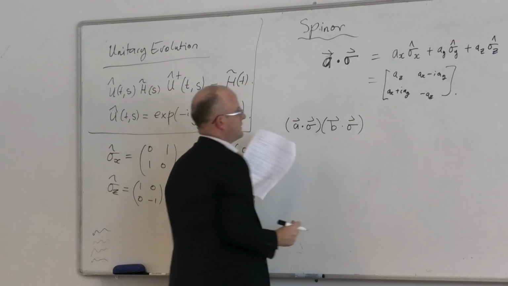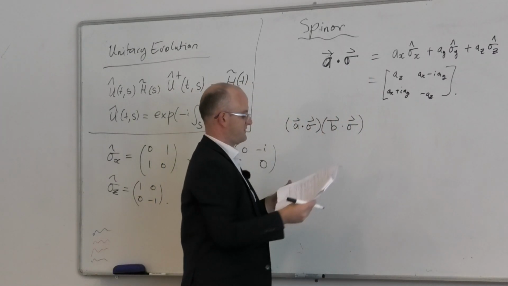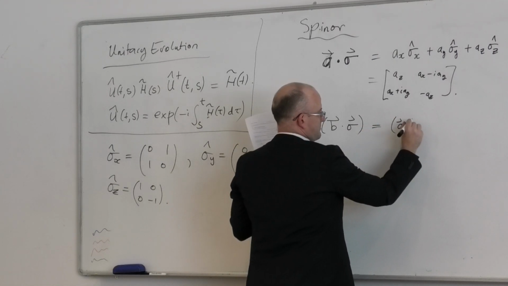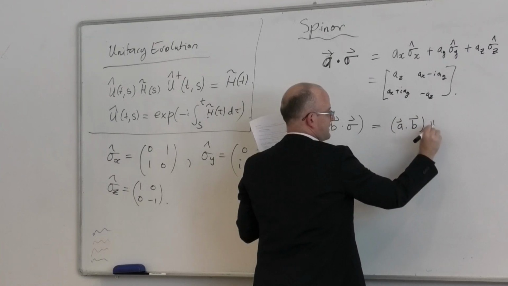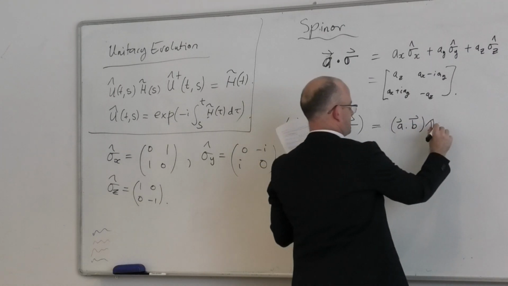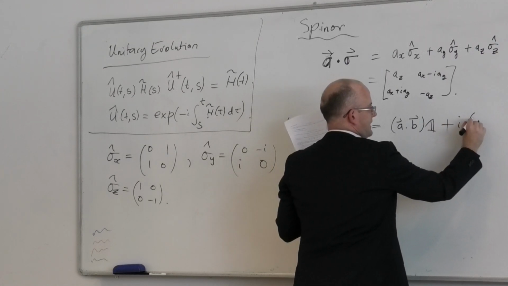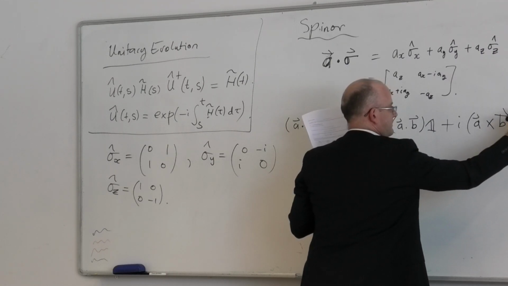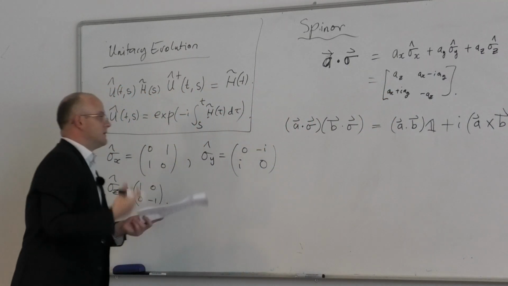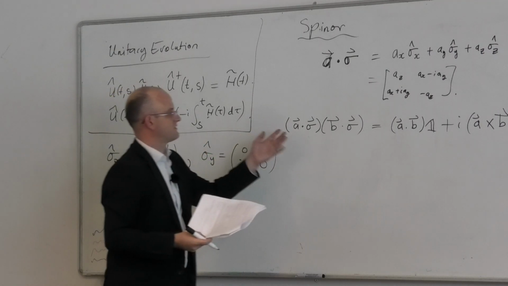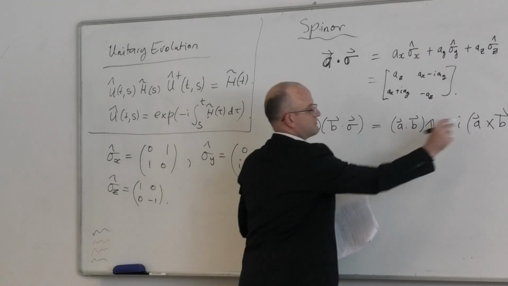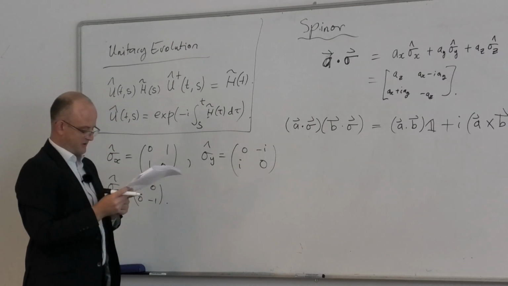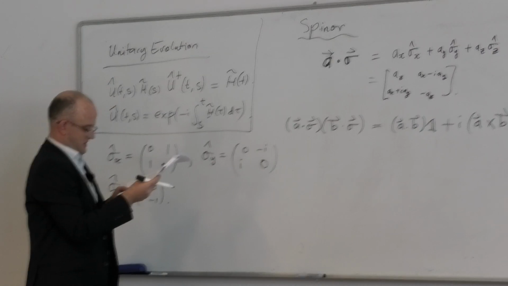Okay, so if I just multiply these two matrices together, I will get a rule that says this is equal to A dot B times the identity matrix, plus i A cross B dotted with sigma. Okay. So it's an interesting rule because it kind of mixes up the dot product and the cross product. Okay. But this is all pretty normal. It all follows. Alright, so